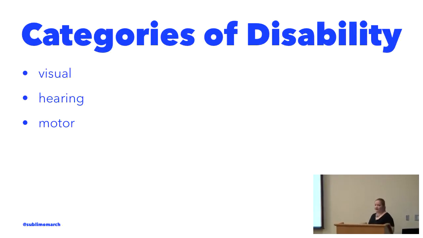The next category is motor disability. This includes things like paralysis, cerebral palsy, and dyspraxia, carpal tunnel syndrome, repetitive strain injury. In general, as far as we're concerned for technology purposes, these can cause an inability to use a mouse, or a slow response time, or limited